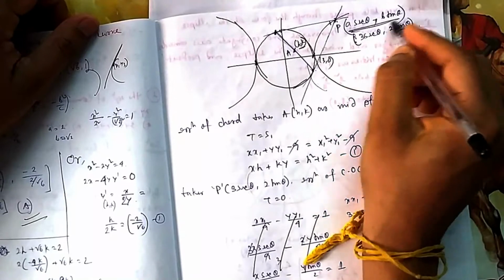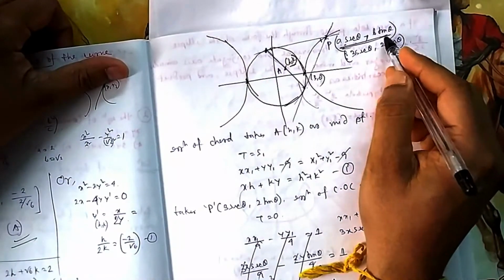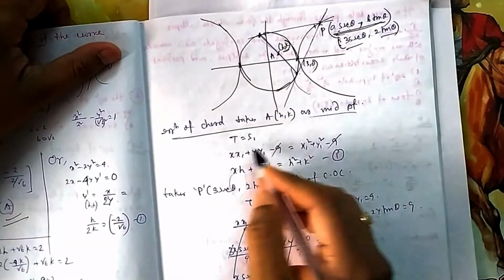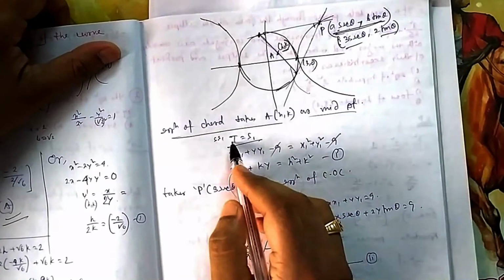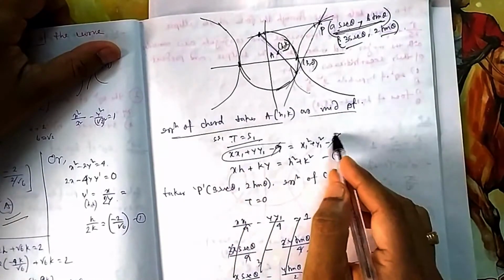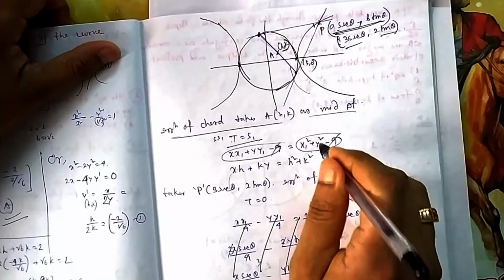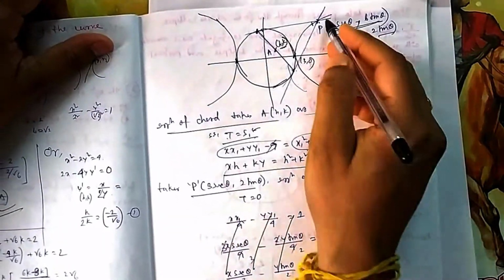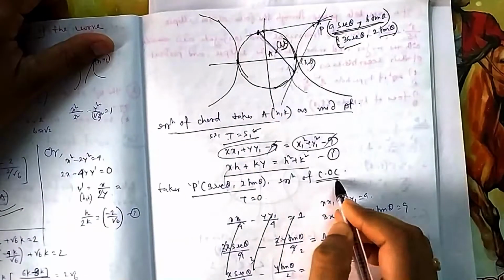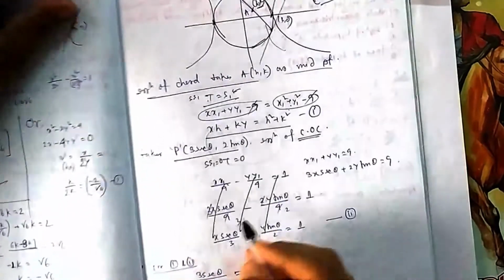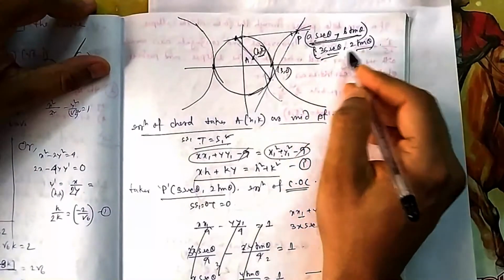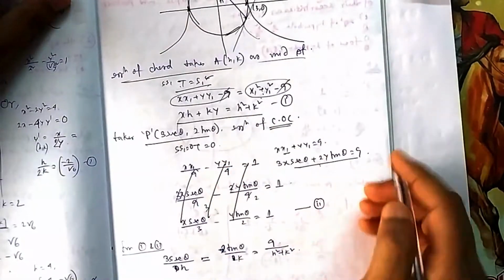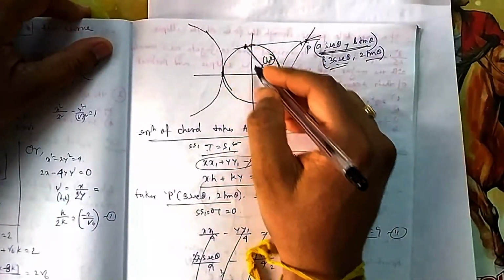And this point you can take from the hyperbola by parametric form, a sec theta, b tan theta, that is 3 sec theta, 2 tan theta. First, the equation of the chord whose midpoint is given: T equal to S1. S1 is nothing but putting the point in the equation itself, the power of the point. So this is one equation. And from P, if you draw the chord of contact, the equation of the same line will be T equal to 0. Here x1 is 3 sec theta and y1 is 2 tan theta. These two represent the same line, because it is the chord of contact and the chord with that midpoint.